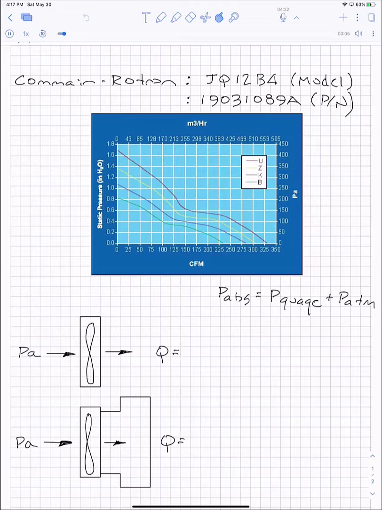I'm going to do a quick review on fan performance curves in anticipation of doing our flow simulation in SOLIDWORKS. So this is the performance curve for a fan. We're using a Comair Rotron tube axial 12-volt DC fan. There's a model number from the manufacturer, and this is a part number that we purchased from